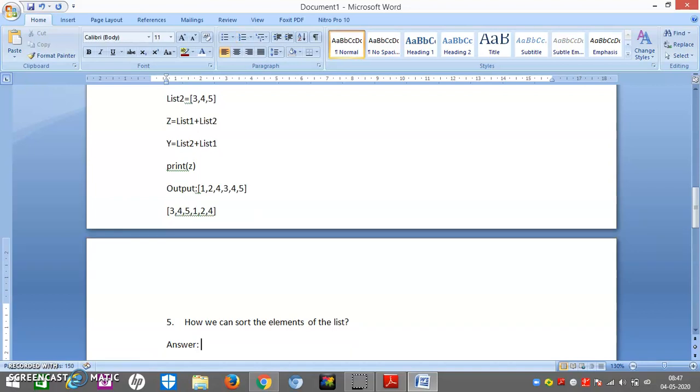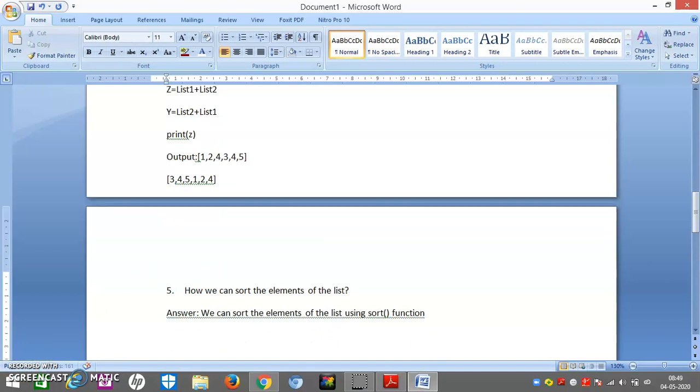So the answer: we can sort the elements of the list using the sort function. Okay, we can use it. So we can sort the elements using the sort function.